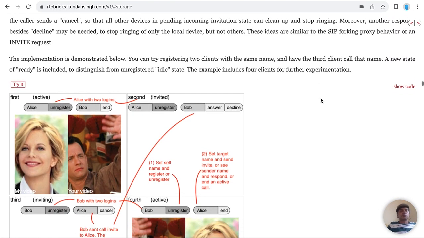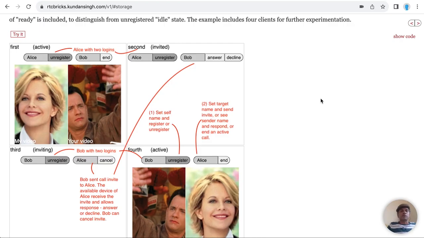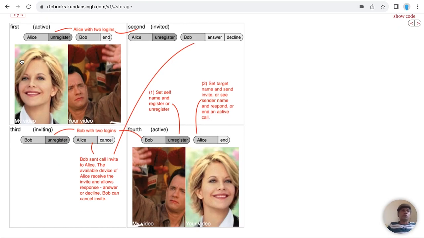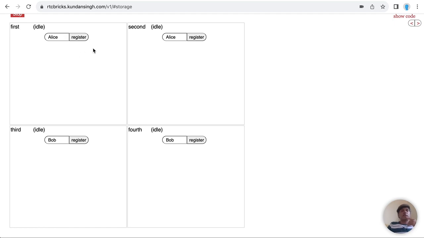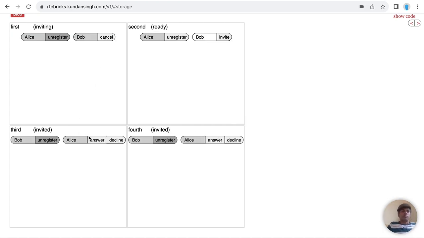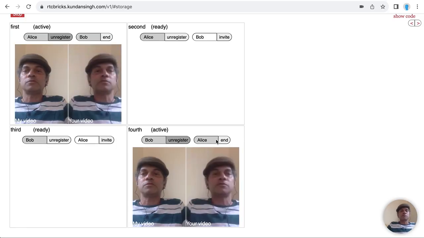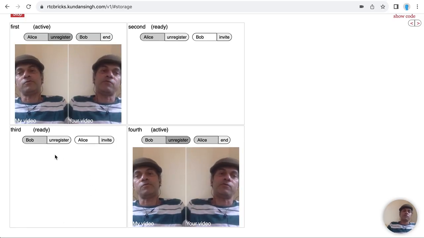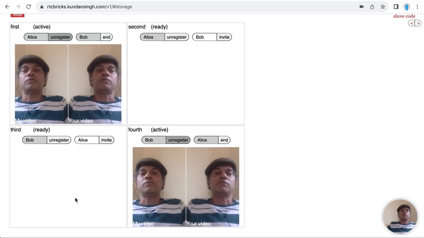Then it also shows how to do multiple lines. So in this case, two users can be registered in two different phones. So Alice has registered at two places, Bob has registered at two places. When Alice sends an invite to Bob, both the phones ring. Bob answers from one of the phones. These two get connected. This phone clears up. Now this guy can